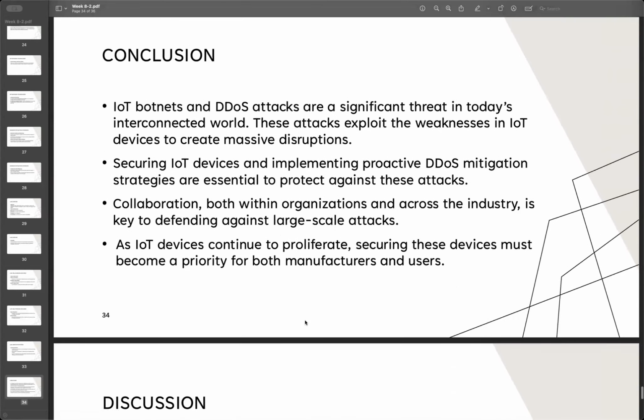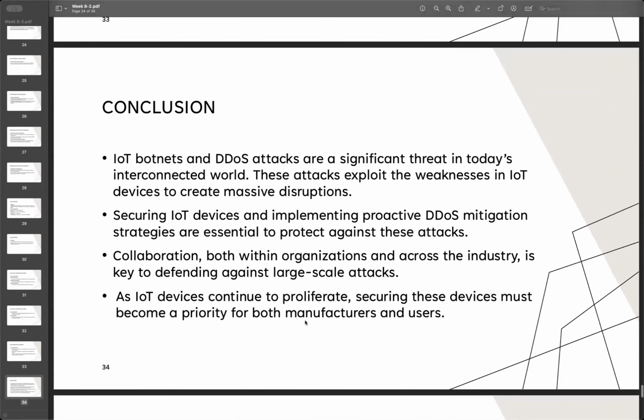So, quickly, as the end of this part of the lecture, we talked about the botnet and the DDoS attack. It's one of the significant attacks nowadays in the interconnected world, and the main weaknesses, default credentials and outdated passwords, are the deep reasons.